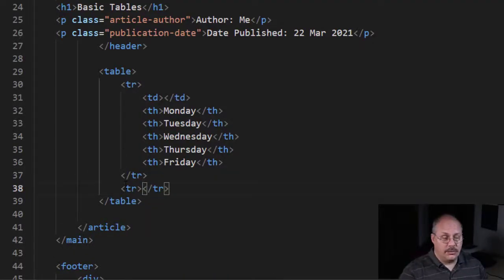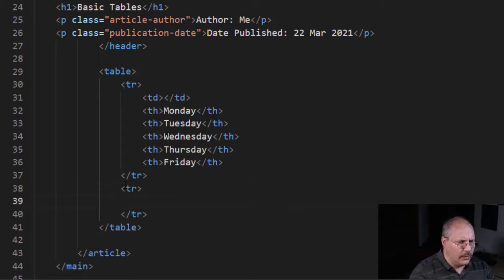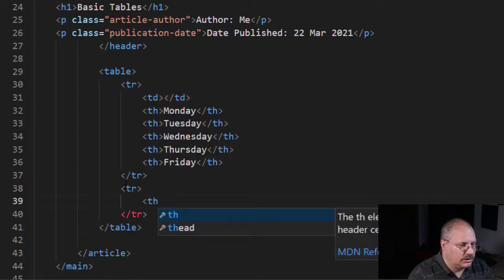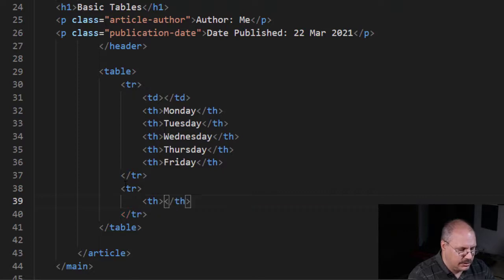I'm going to put a new table row, and this is going to move me down automatically into a new row. So here in my second row, I'm going to have a time, and then if I'm in the office or if I'm in a class or something like that, I'm going to list that in all my cells. But my first one is going to be that time, and so that's going to be the table header. So we're going to match up the time, and then we're going to match up the day and see if we can match things that way. So we'll do TH,